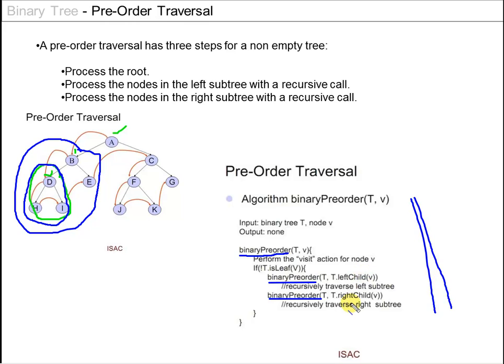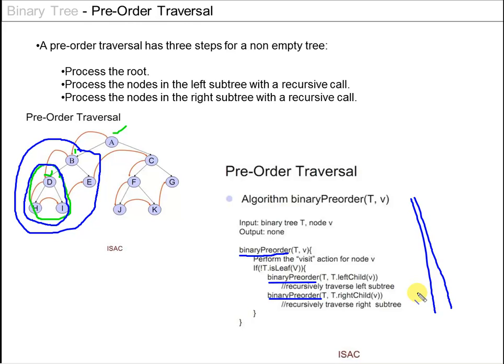When it is doing the right child recursively, it passes the reference to the right child. First it starts with this one. Now if this one is itself a leaf, then there is nothing to do. If it is not a leaf node, then take the left child and start this recursively, and when it completes this whole one, then it will go to the right child and start it recursively. So this is the algorithm for binary